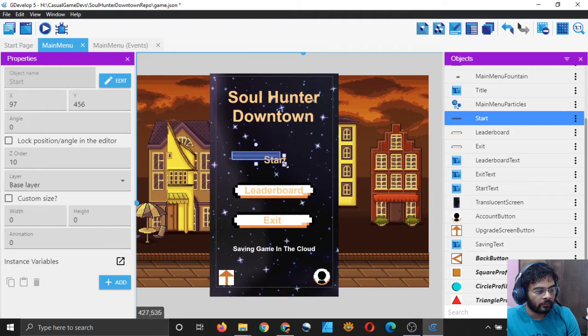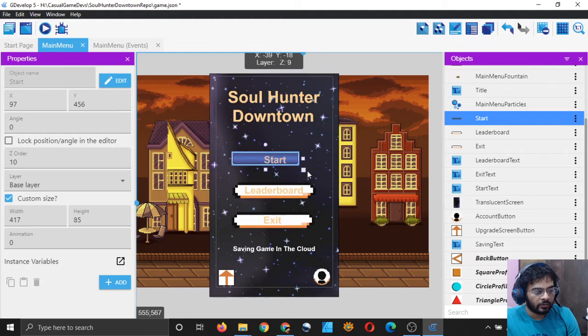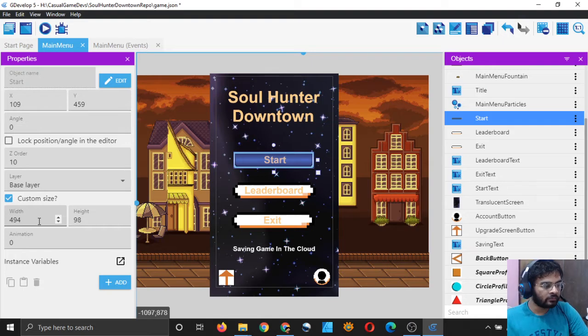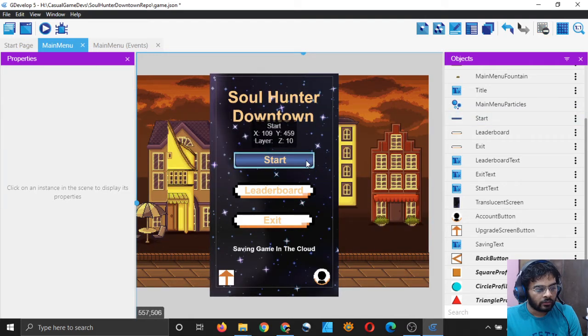If you drag it here, you can see that this button gets checked, and you can now edit the width and height using text. You should note the width and height values. I will make them whole numbers, 500 and 100. That's what I will type here, and now this is looking good.